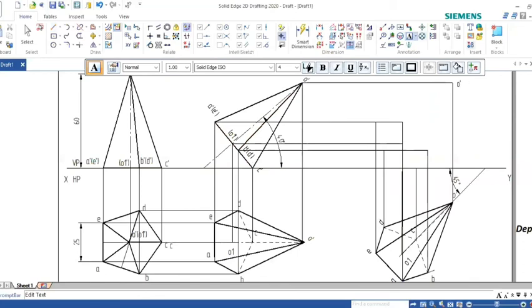O dash and locate A dash, here E dash, here B dash, here C dash, here D dash. Okay, you located. Okay, now we'll join.